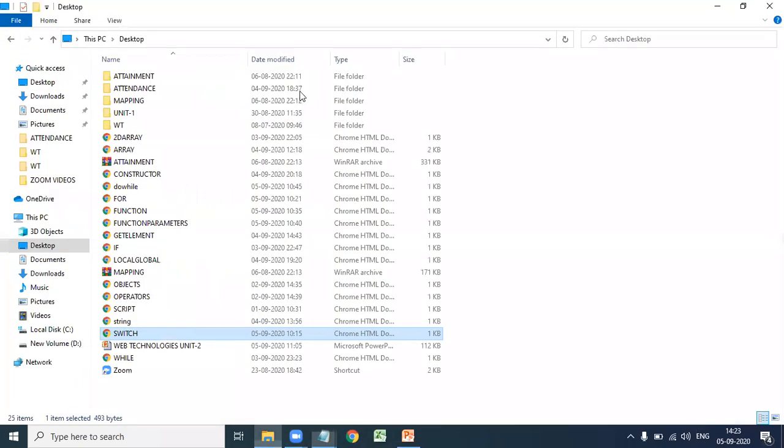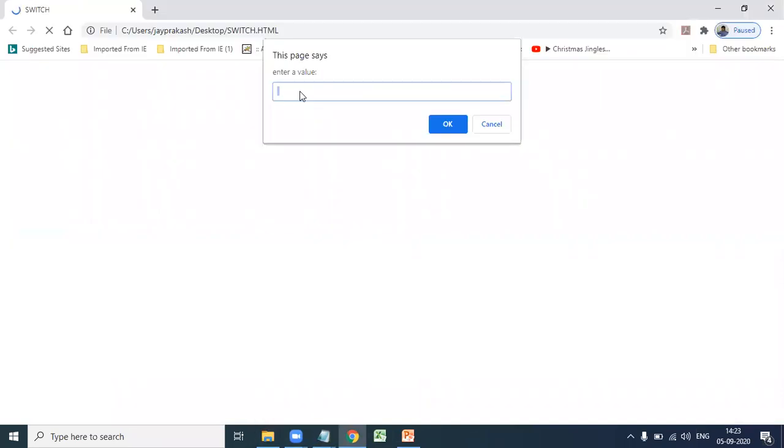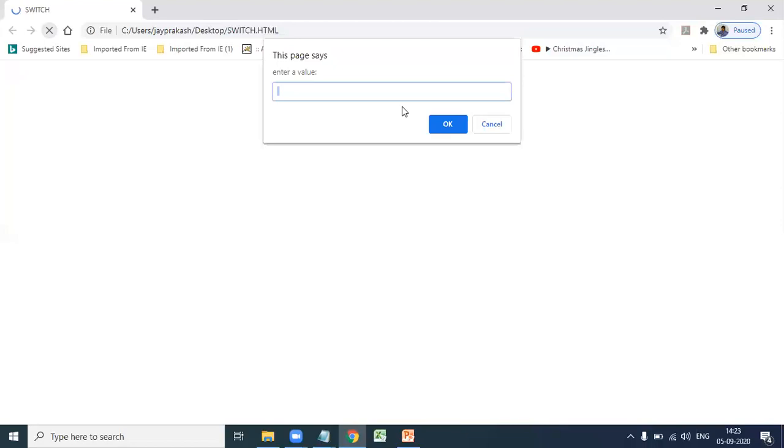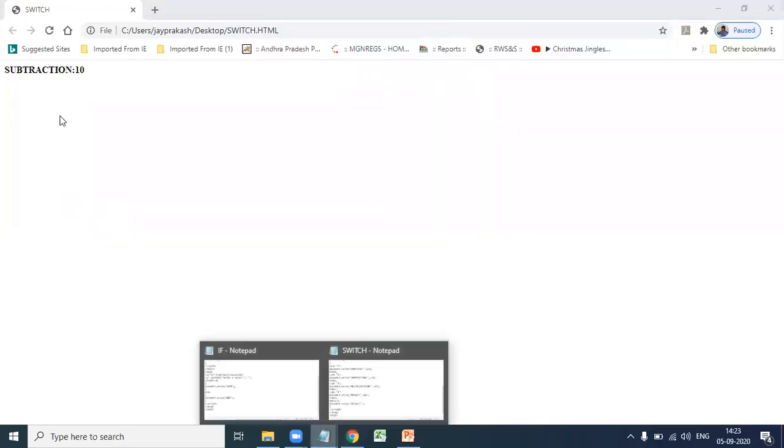See here, when you run this, it asks to enter a value. So here we give the input. I give 1, that means C value 1. C value 1 means addition, 30. If you give 2, here case 2, that is subtraction a minus b.